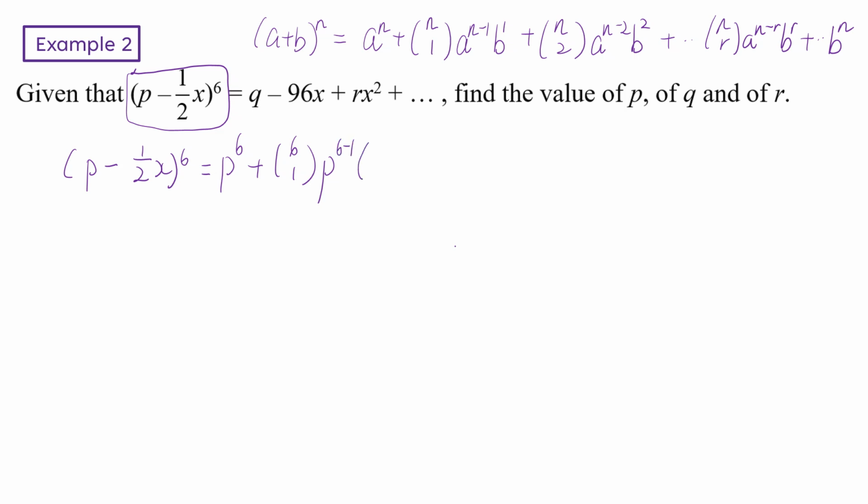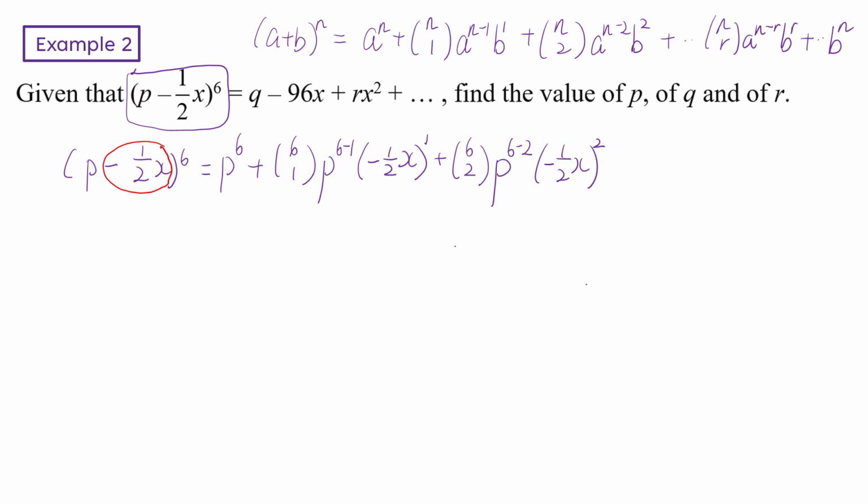Because the value for b is negative half x, to the power 1, plus 6C2, p to the power of 6 minus 2, negative half x to the power of